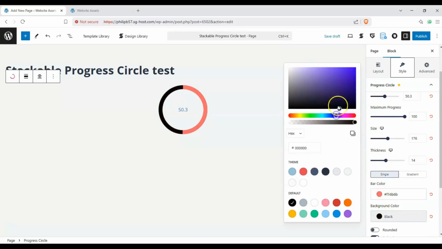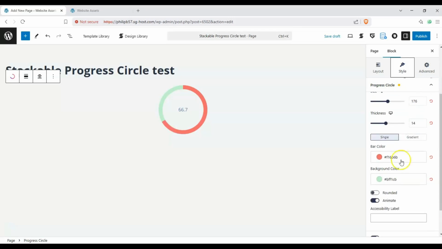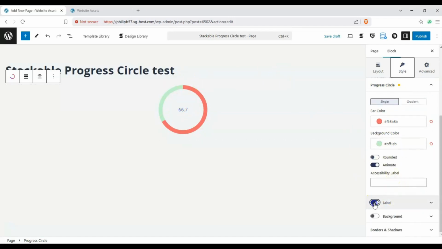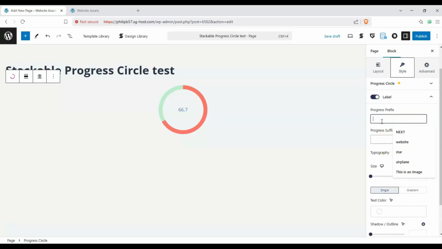So I'll make this one light green, and then probably more than, okay. And we can make it rounded, right? We can also animate it, and we'll only see this once we have the live site. We can change the label, right? So the prefix can be dollars, postfix can be